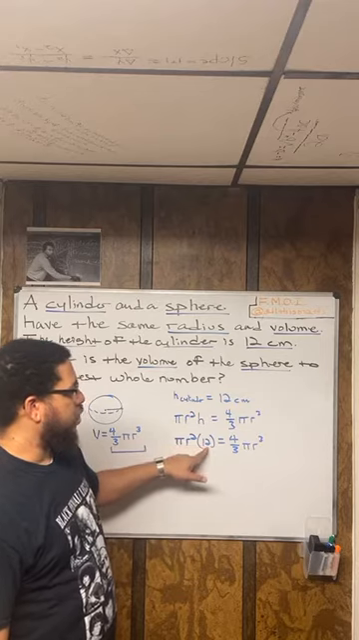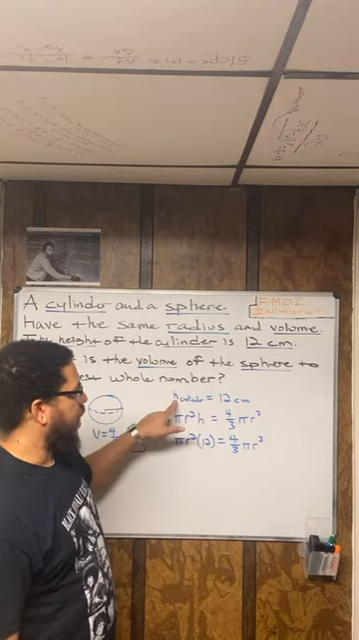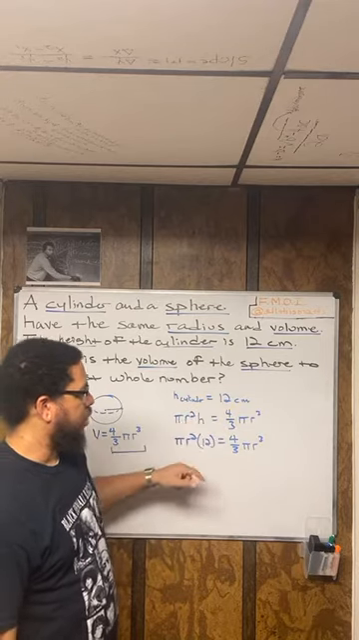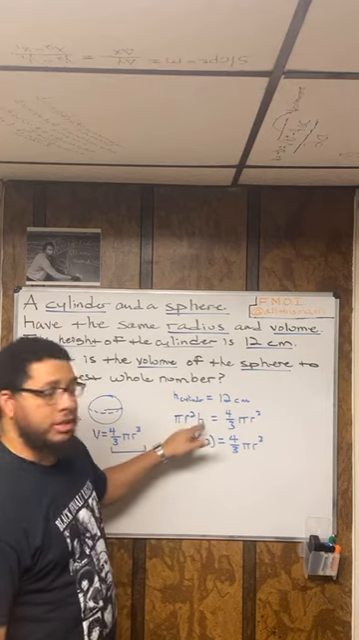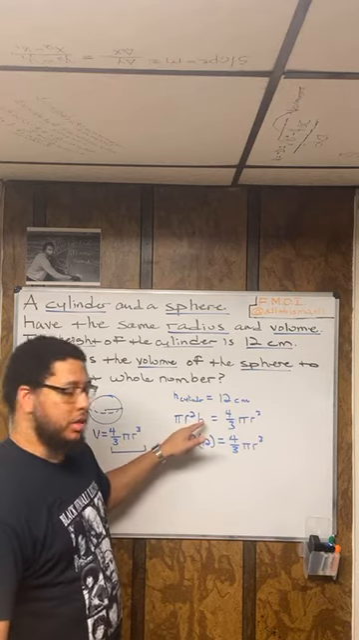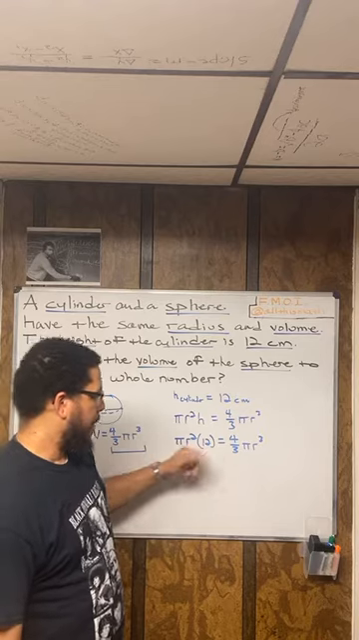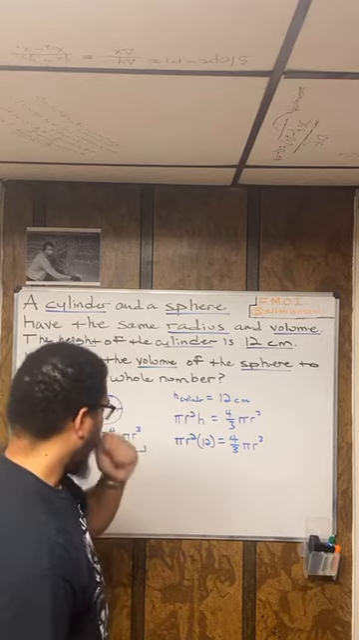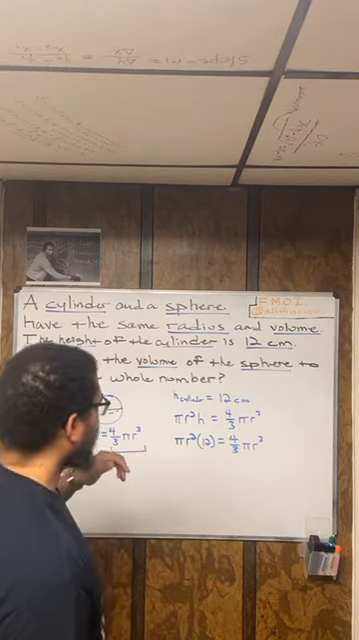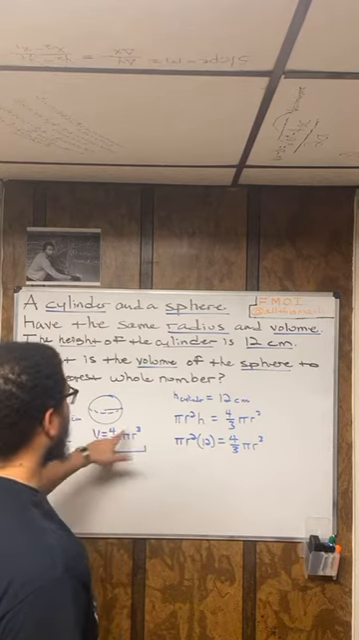Now, where did this 12 come from? It came from the fact that we know that the height of the cylinder is 12 centimeters. So therefore, we can replace this letter H, which represents the height of the cylinder, with the number 12. All right? So now, in order to find the volume of the sphere, we